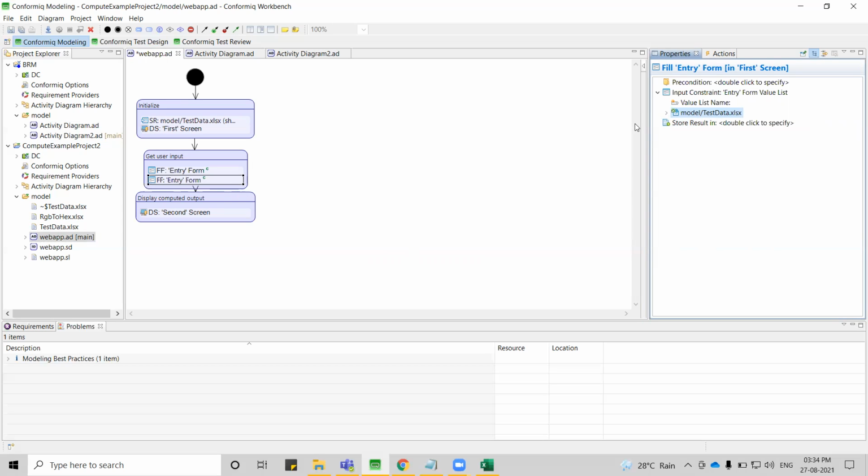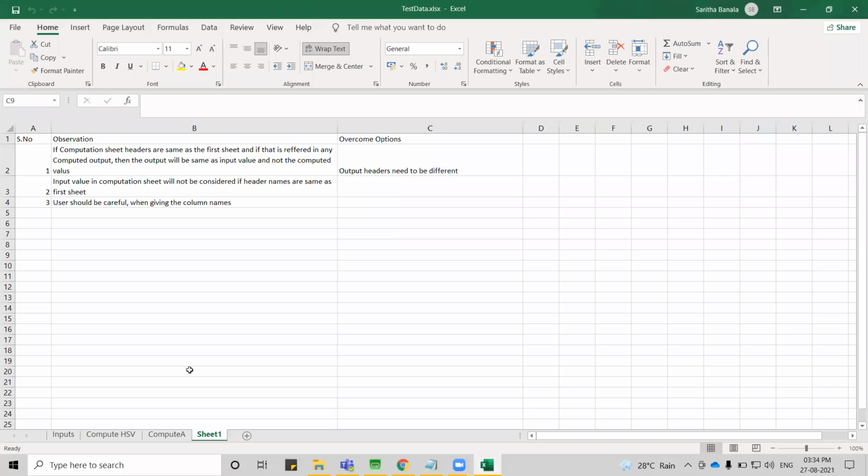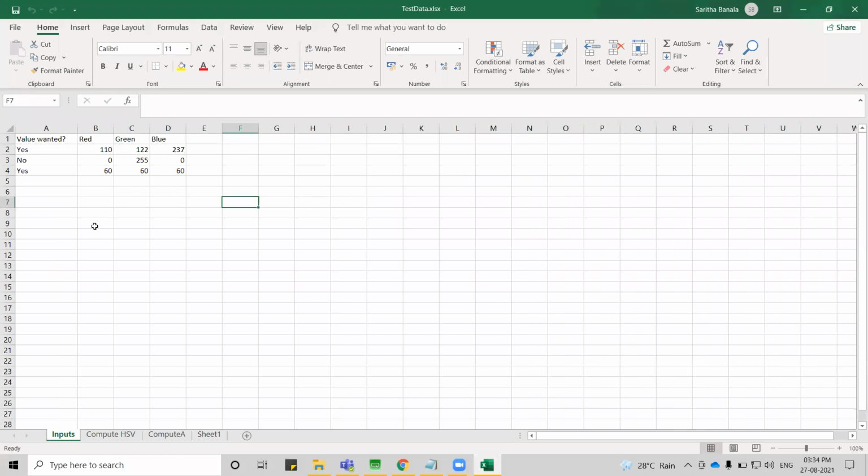By default, it was considering the data that is there in the sheet.